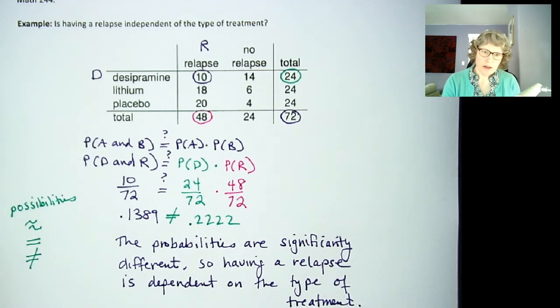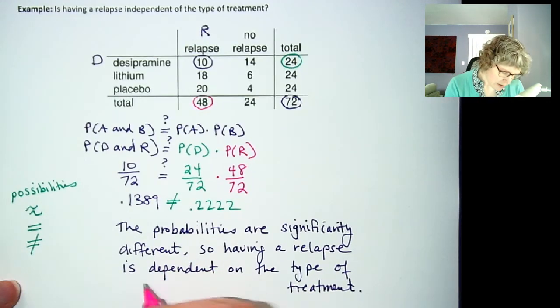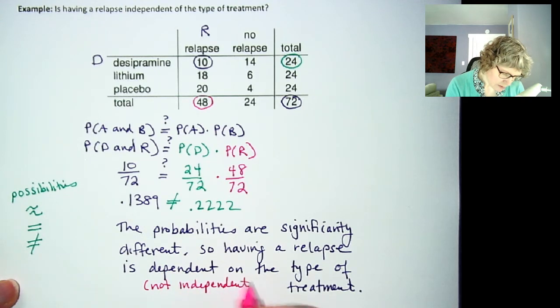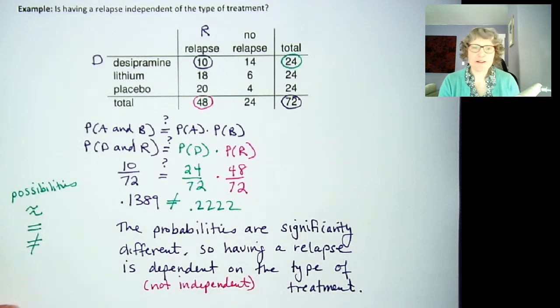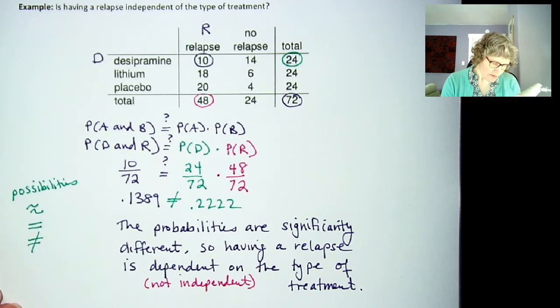Or you may also write not independent. It's kind of a double negative. Not independent is dependent. Okay, so you might be wondering, well, how am I going to decide what is significantly